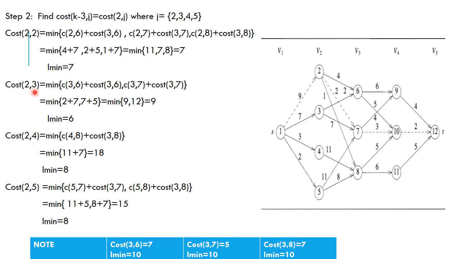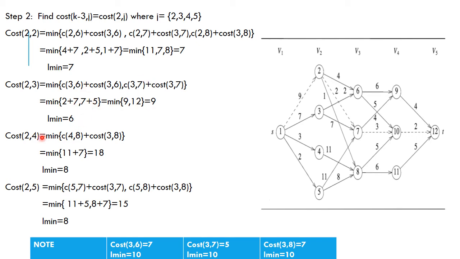Similarly, you find cost of 2 comma 3. So find out which are the L nodes we have to consider. So L nodes are the nodes that are connected to 3 from the next stage. 3 is connected to now 6 and 7. So this 3 node is connected to 6 and 7. So minimum of C of 3 comma 6 plus cost of 3 comma 6, C of 3 comma 7 plus cost of 3 comma 7. So you know that cost of 3 comma 6 and cost of 3 comma 7 already are found out from the previous stage. So you get minimum value 9, and the L node that is giving your minimum 9 value is